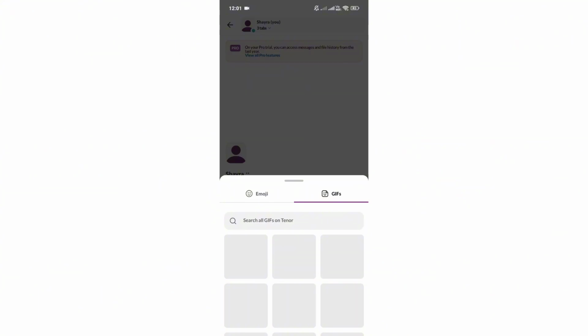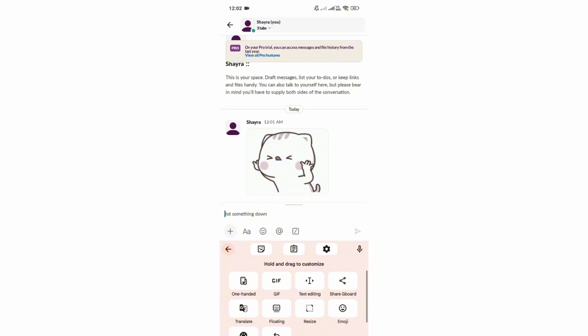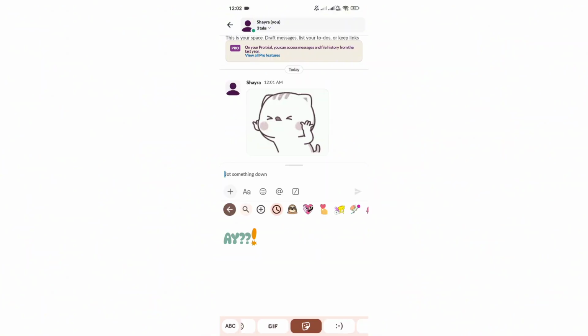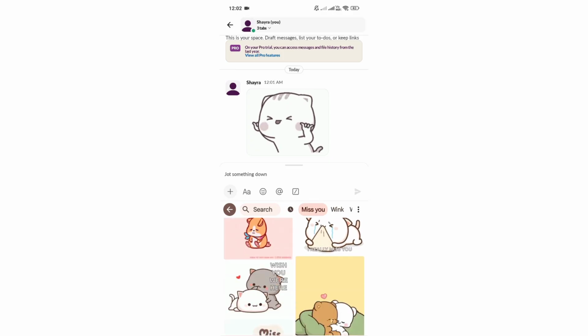So as you can see in here, Slack GIFs are not loading. So what you can do first is open your keyboard and then click on this box icon at the top left of your keyboard and then click on this sticker icon. Now in here, click on GIF and then you can go ahead and search for a specific GIF that you